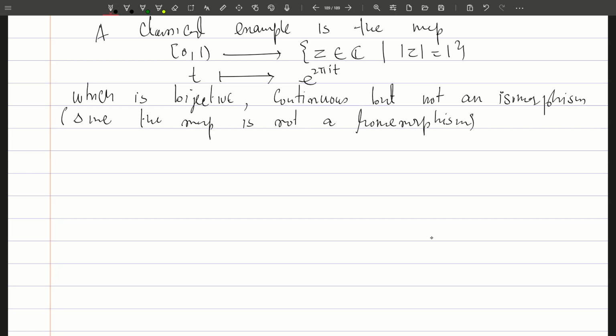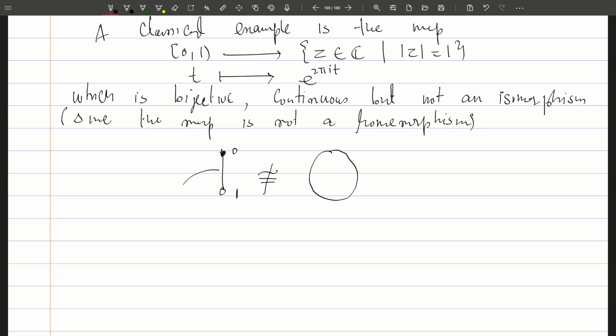One can note over here, this is the half-open interval from 0 to 1. So this is 0 here, this is 1 here, and this is the circle here. So they are not homeomorphic,